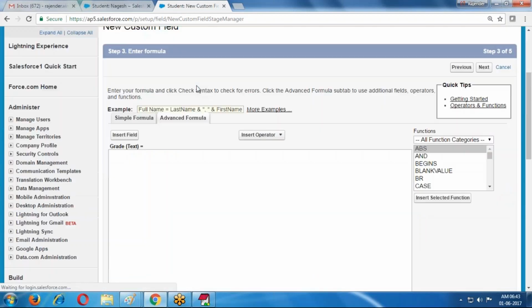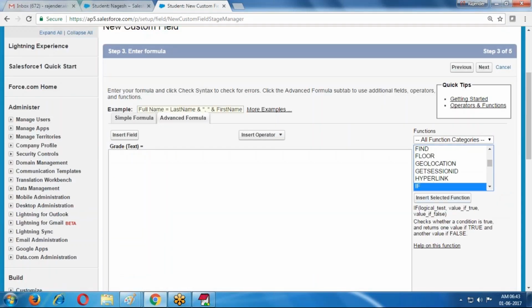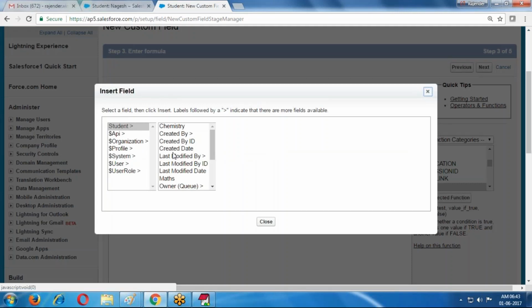In this, the if condition has logic, true value, false value. The logic is Insert Field. Select the field name. The object name is Student.